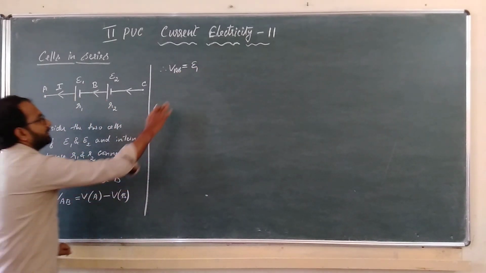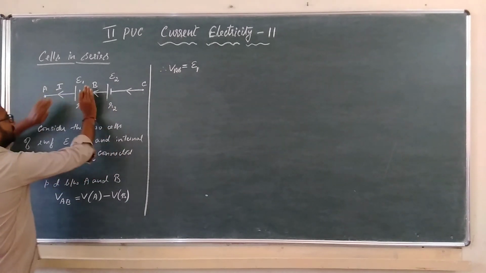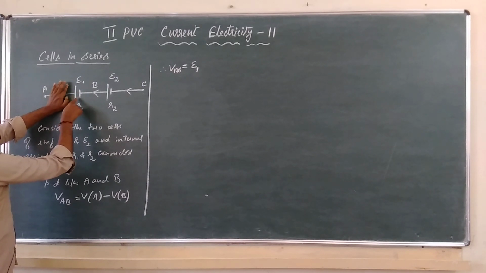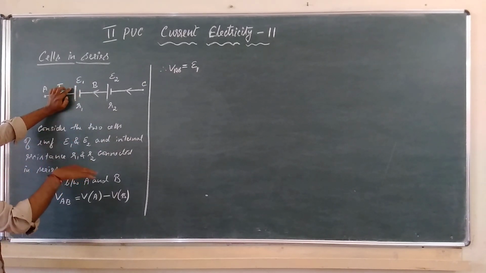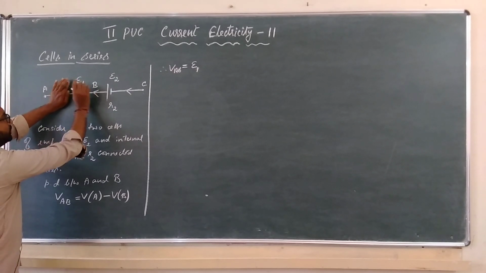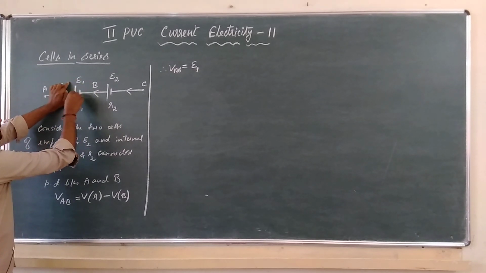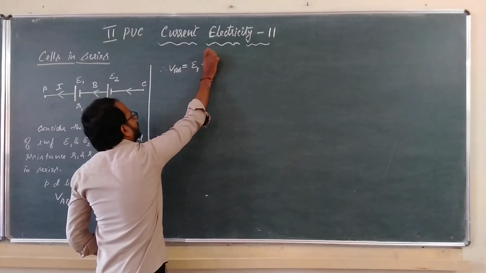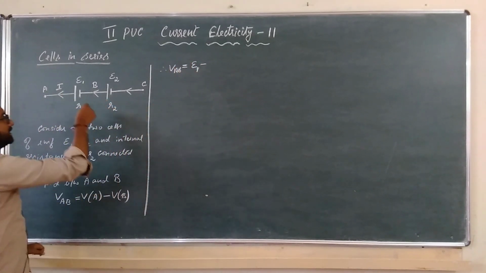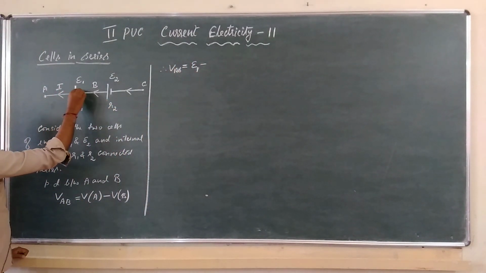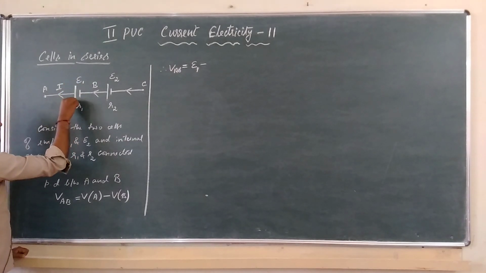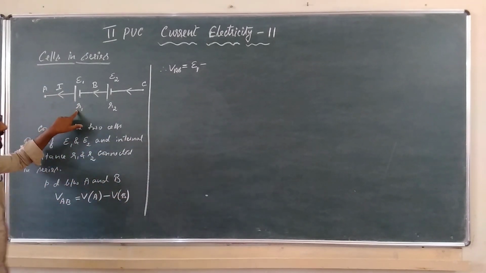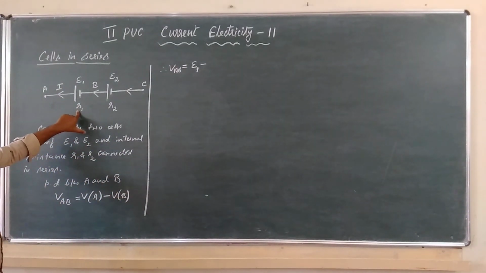right? So while calculating the EMF of the cell, now the circuit is open. What is the potential difference between the two terminals, two electrodes of the cell in an open circuit and there is no current flow? So here this is the positive potential, this is the negative potential, therefore plus E1. So minus, while calculating the terminal potential difference, current is flowing through the cell. Therefore, current here is flowing from negative terminal to positive terminal, that is from lower potential to higher potential inside the cell. It offers a finite value of resistance R1, that is called internal resistance of the cell.